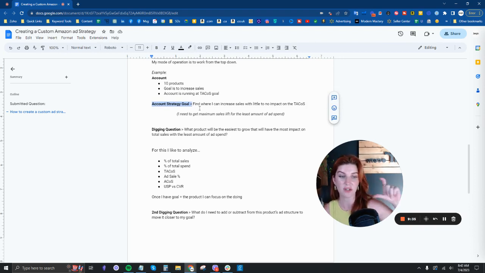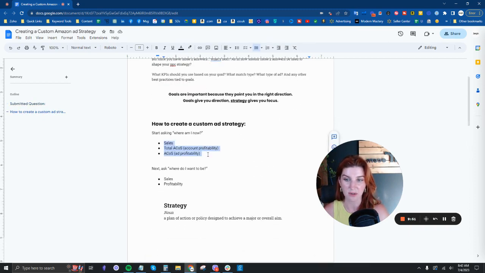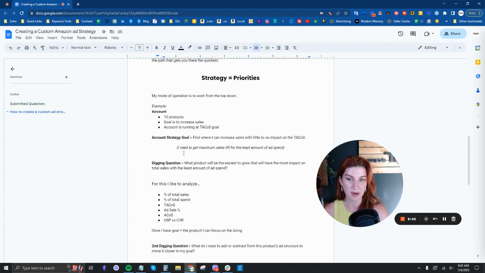So what I do is I look at the overall account, and then I define where this account needs to be. And then I look at it. Okay, so based on what I'm seeing at this account level, and this is a very important piece, the total ACoS is running close to goal. Remember, I defined sales and total ACoS and profitability. So I like to get a pulse on the profitability and a pulse on the sales,